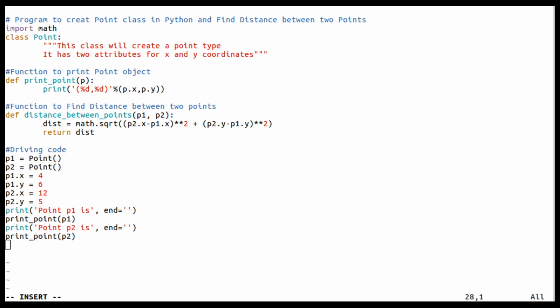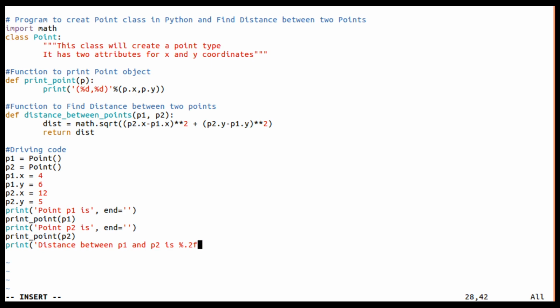So here I am going to call a distance. Print distance between p1 and p2 is percent, let me write it as 0.2f.